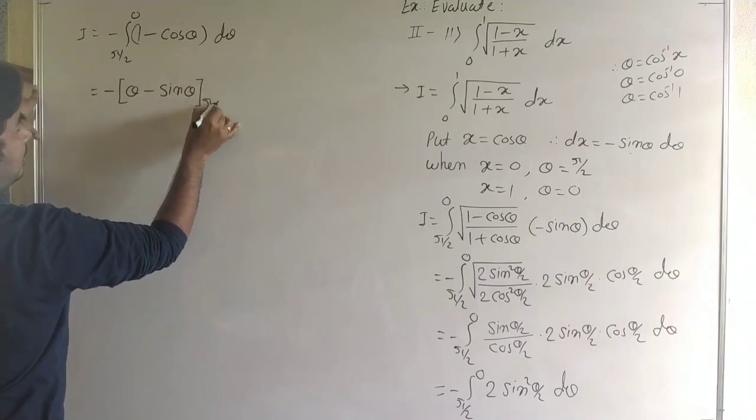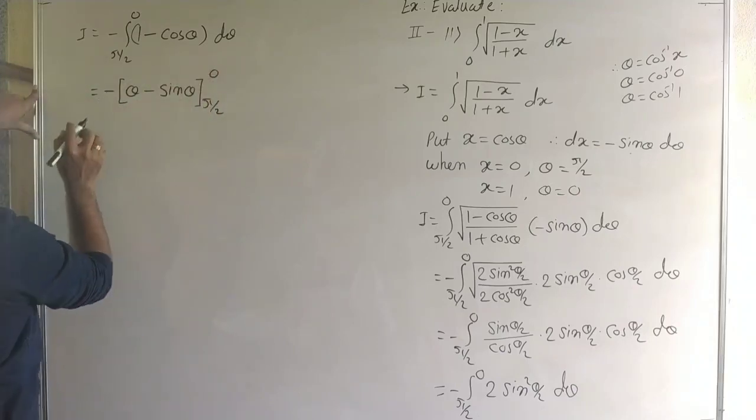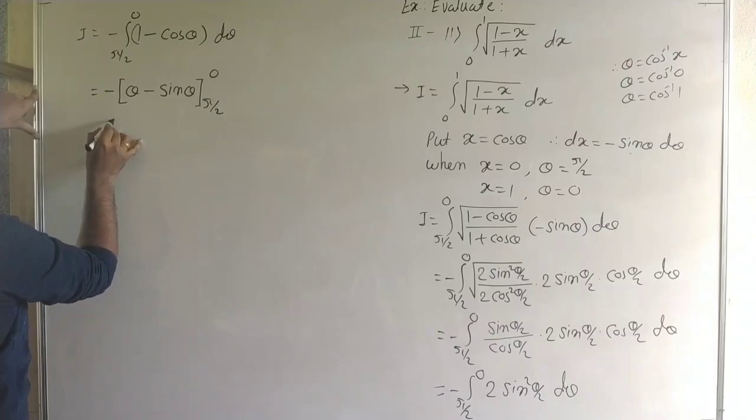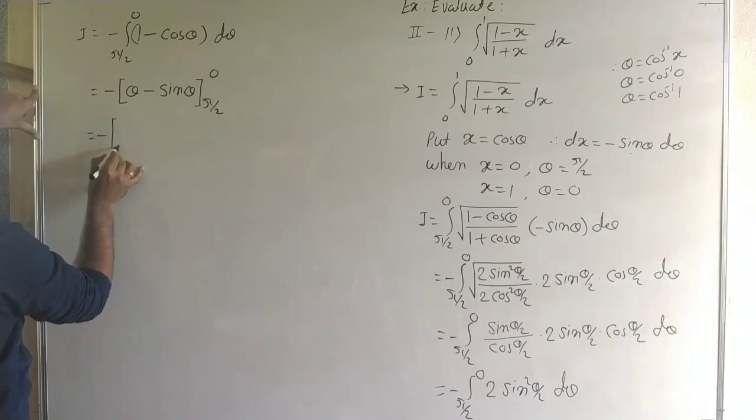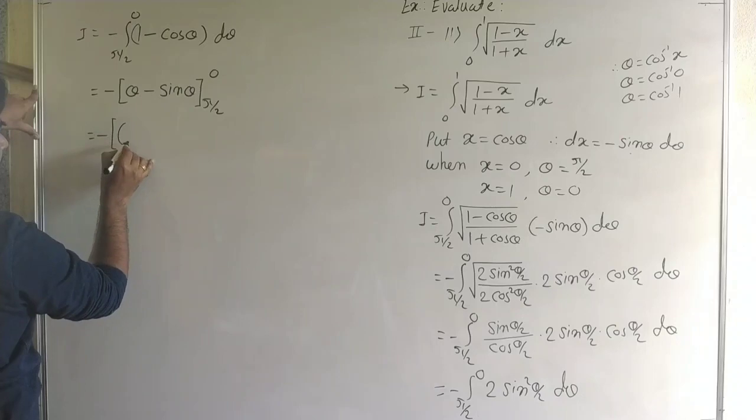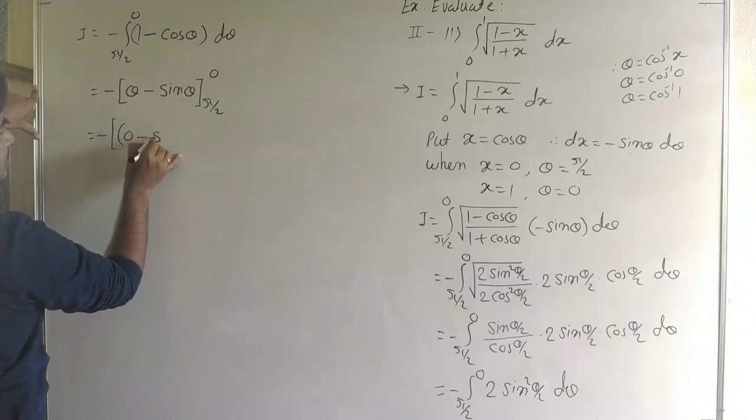And the limit pi by 2 to 0. Here it is a minus, and it is common for both. So we can write here in the square bracket: first we take the upper limit, 0 minus sin 0,